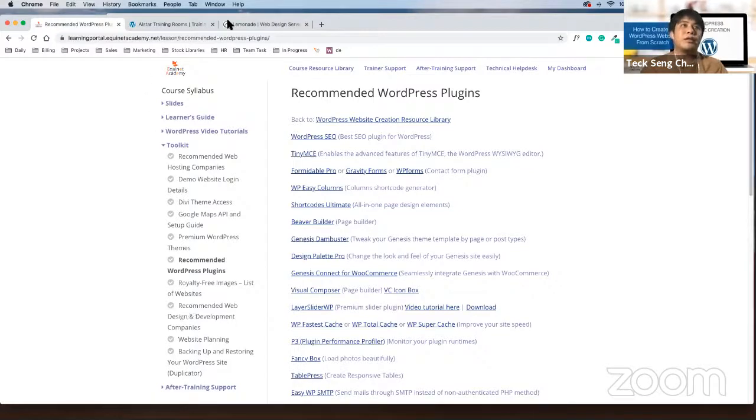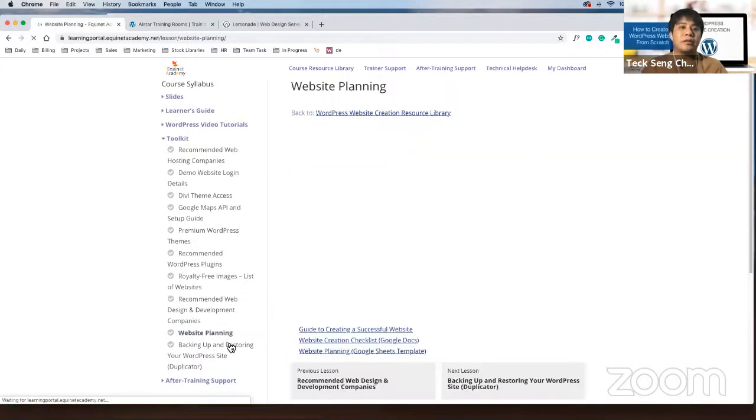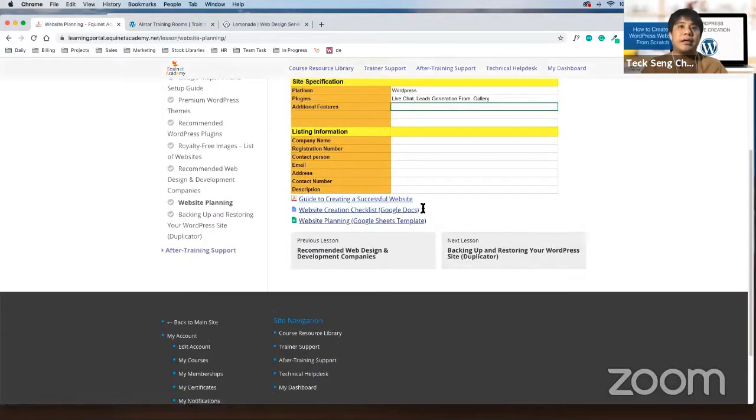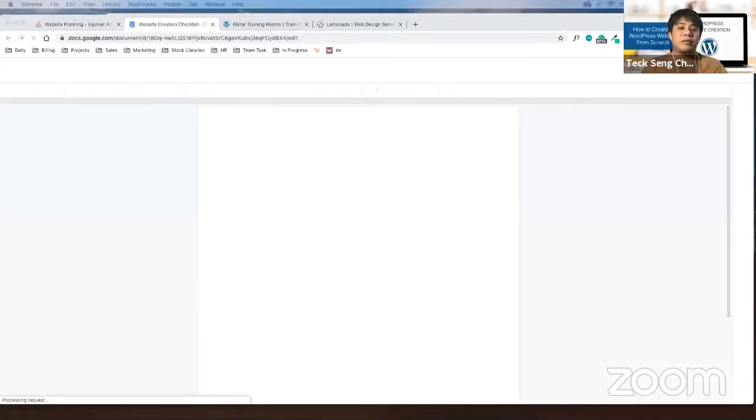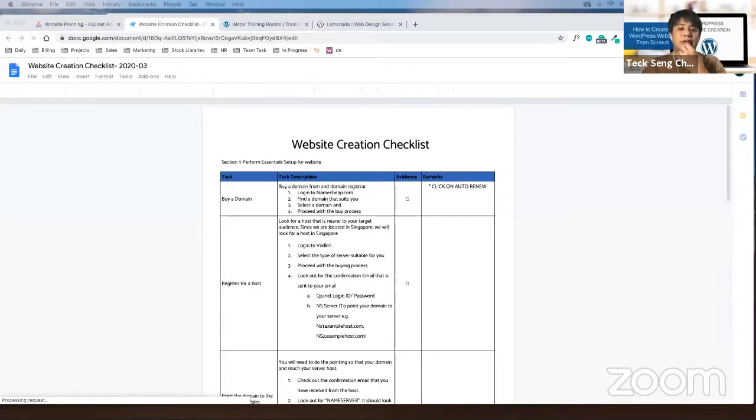If you go under your learning portal, under toolkit, under website planning, you will see the web design website creation checklist over here. If you click on the checklist, the checklist will be here.